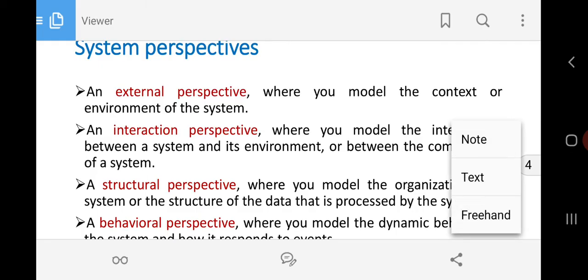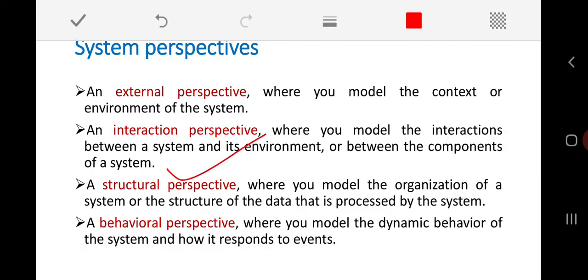The third perspective is the structural perspective. Here we can model the overall organization or structure of the system, or the structure of the data, how the data is going to be processed in the system. That is called the structural perspective. The last one is the behavioral perspective.